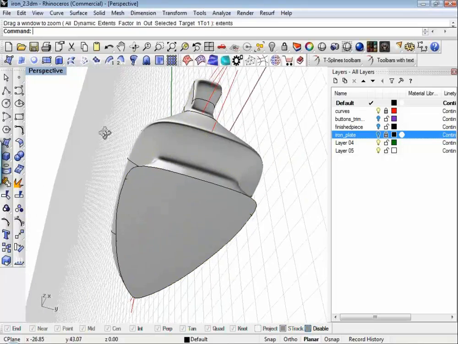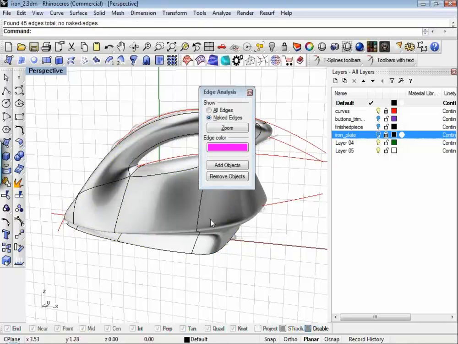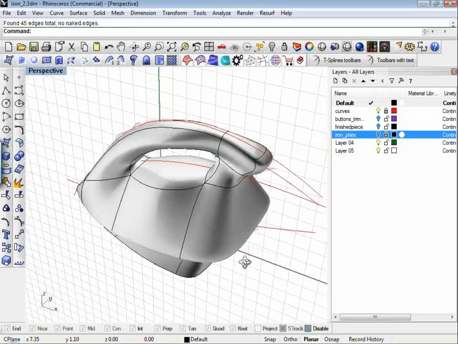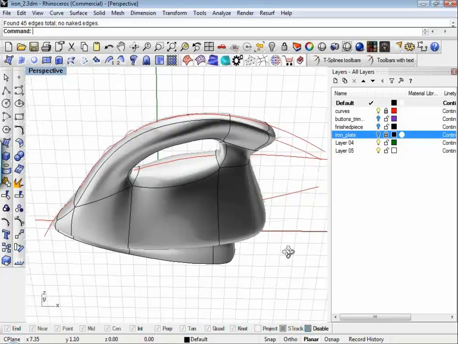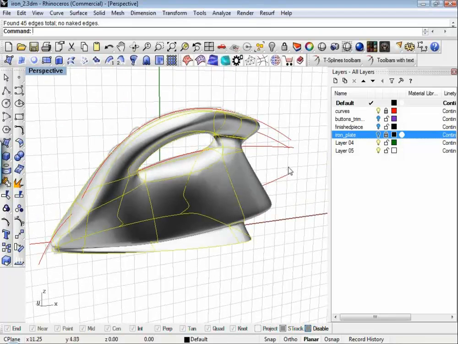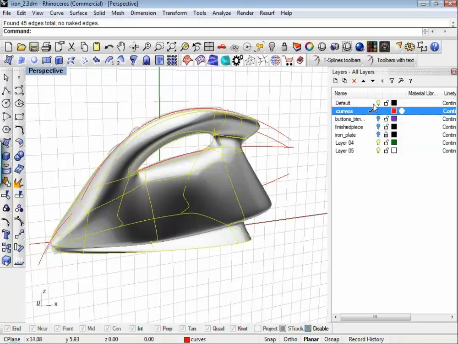NURBS, solid, closed. Do a check naked edges. No naked edges. This is bomber, waterproof, watertight, ready to go to Pro E, SolidWorks, downstream, whatever you want to do with it. So now that I'm back into Rhino, I can then start doing things like